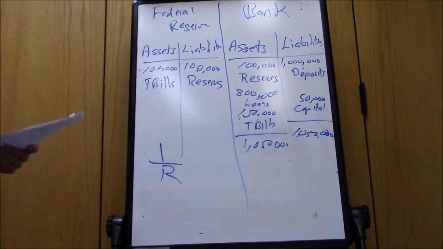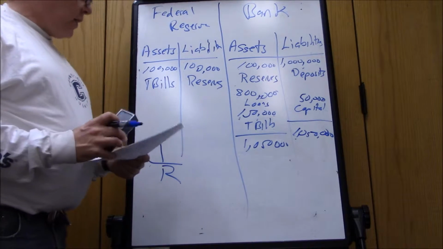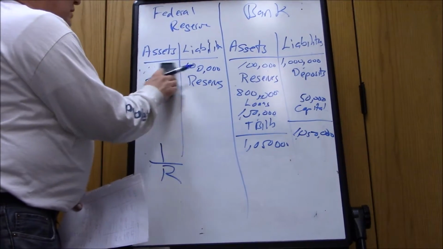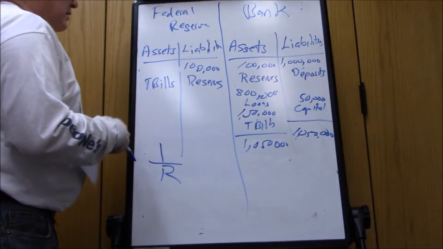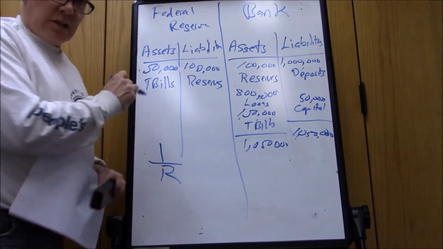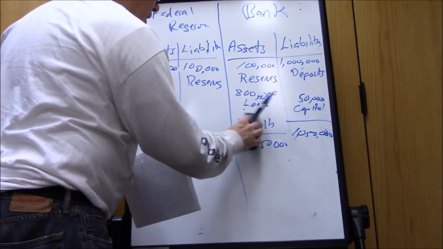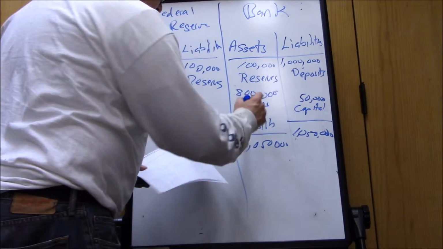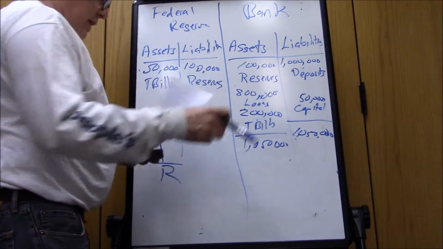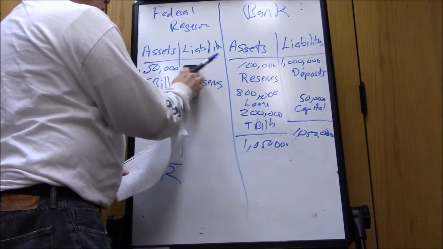Okay, so now if the Federal Reserve has decided that the money supply is too large and they want it to shrink, now they will sell bonds. So they decide to sell $50,000 worth of bonds to the bank. So they're going to take $50,000 out of their inventory and sell them to the bank. So the bank is going to have now $200,000 in bonds. To pay for those bonds, the bank is going to have to basically write a check. So the reserves are going to decrease by $50,000,